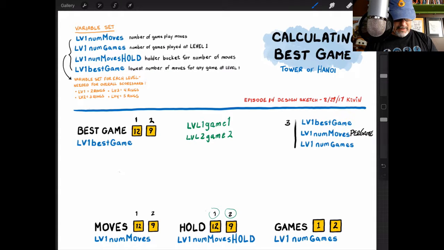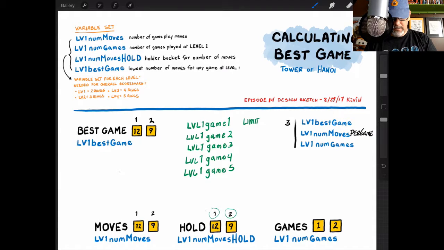So one of the things I was thinking about is have 5. Oh, you know what? That's wrong. Hold on. These are all 1s. Level 1, game 1, level 1, game 2, level 1, game 3, level 1, game 4, and then finally level 1, game 5. And what I was thinking is limit